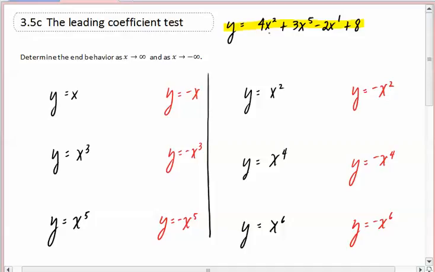Do you notice that the terms are not in descending order of the powers? They're not in descending order, and so what I'd like to do is to rearrange them. I want to rearrange them so that the highest power is at the front, and then put them in order from there